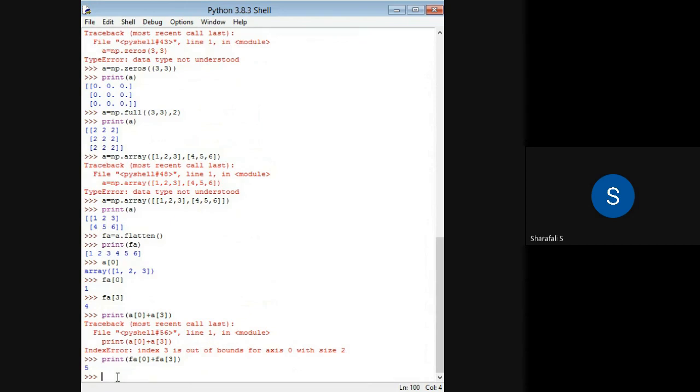So I can access different elements in this one-dimensional array by using this method.